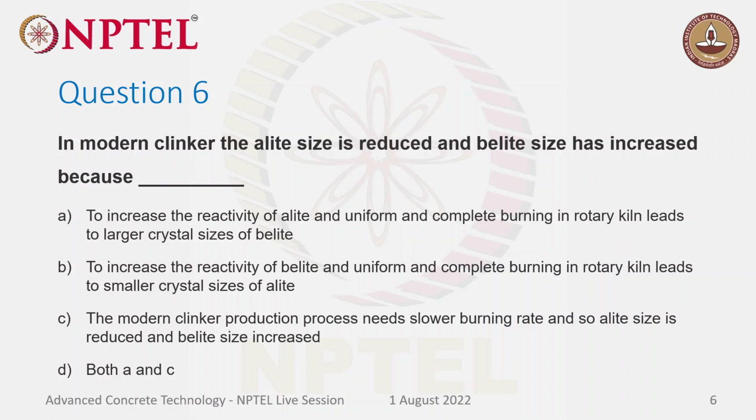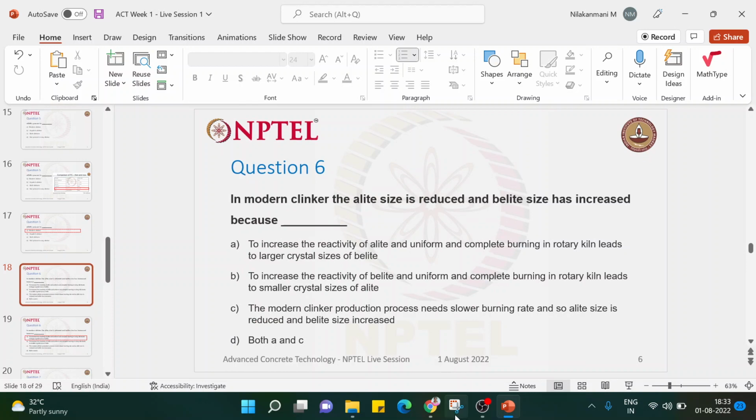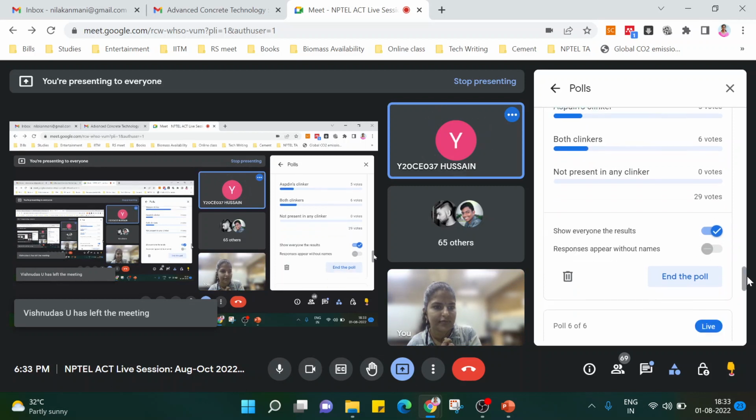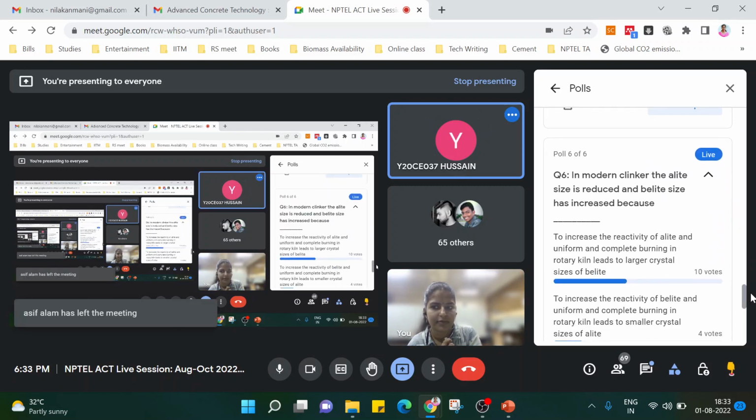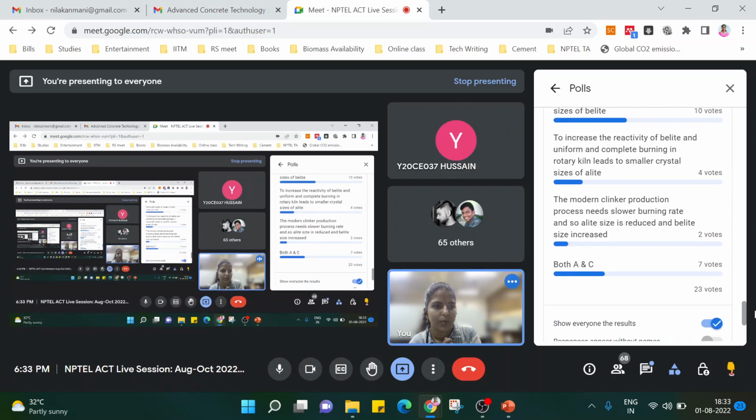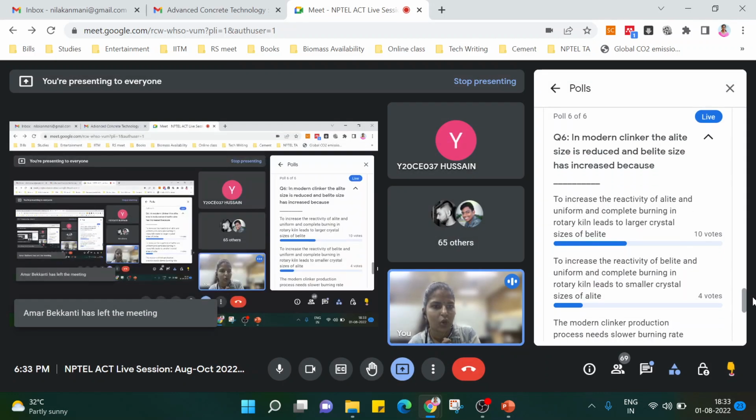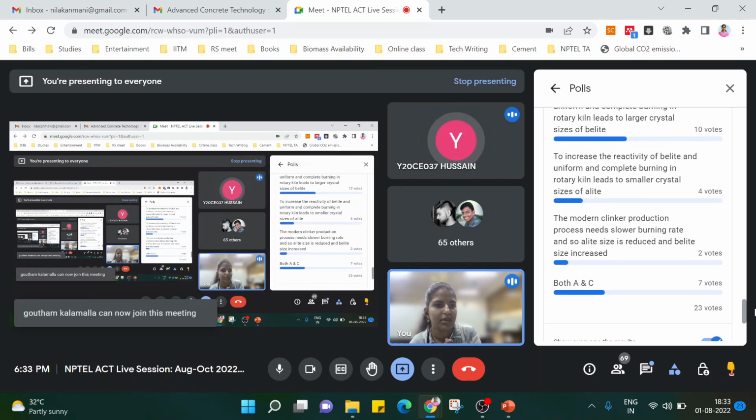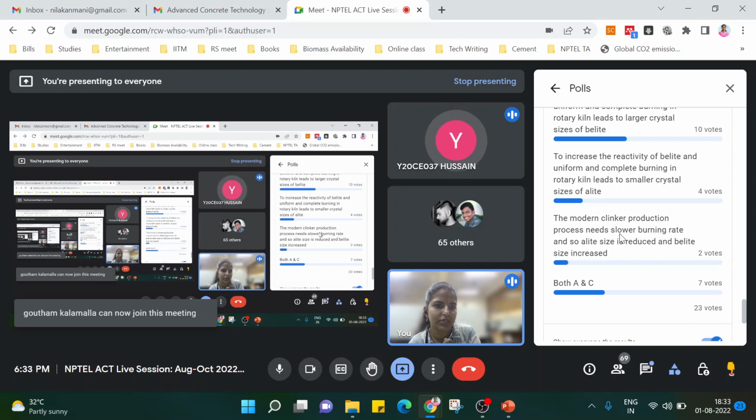Okay, let me check the response. More people have opted for option A, and some people have opted for option A and C. Okay, you feel that modern clinker production